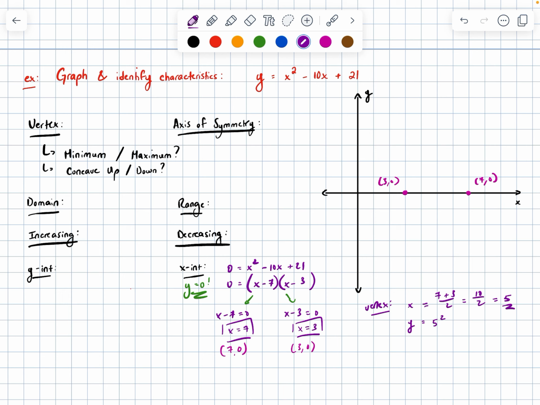Now I'm going to find the y value, which I do by substituting back in. So y is going to be equal to 5 squared minus 10 times 5 plus 21. Well, 5 squared is equal to 25. Negative 10 times 5 is negative 50. Now combining all my like terms, 25 minus 50 is negative 25. Negative 25 plus 21 gives me a y value of negative 4. So this tells me that my point must be 5 for x, negative 4 for y, which lives right over